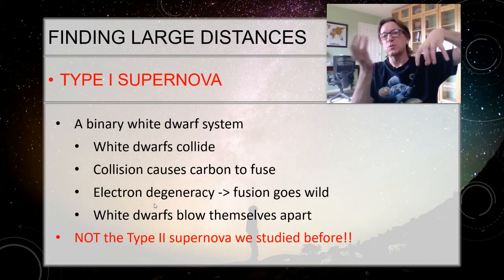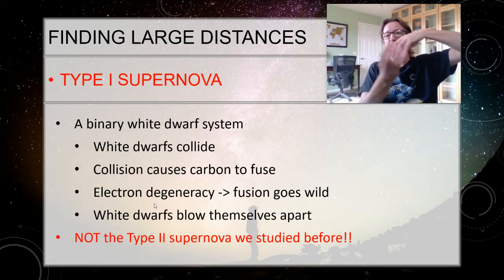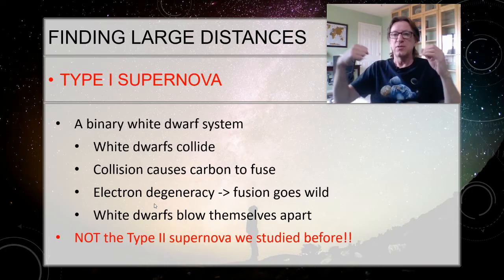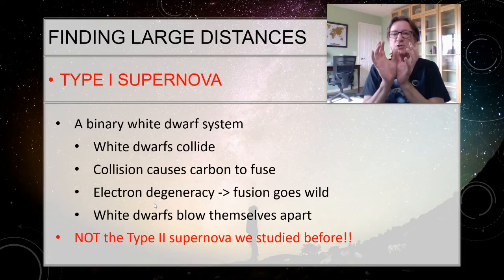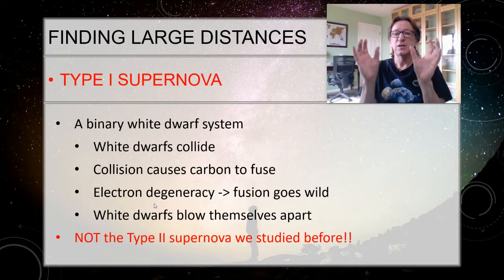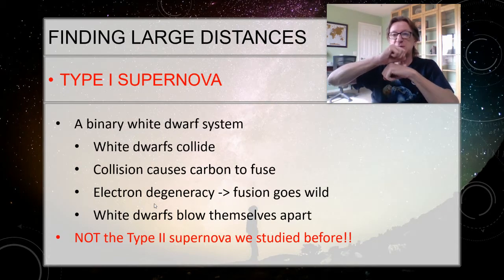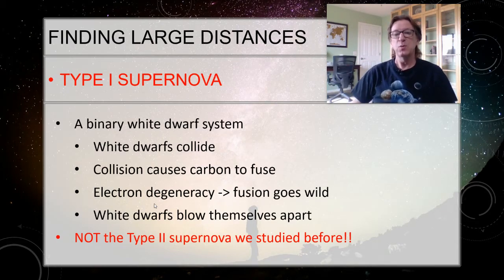So I've got these two white dwarfs, these two husks of dead stars. If they spiral in and collide with each other, the pressure on the surface of the white dwarf, it's not really a star anymore, can cause that carbon to fuse. Remember, the white dwarf is made out of almost entirely carbon. So when that happens, remember that the white dwarf is being supported by electron degeneracy. Those marbles are stacked. Think about the rule. When I have fusion in the presence of electron degeneracy, the temperatures go crazy. But now, instead of being protected inside the object, it's actually on the surface. This causes an uncontrolled reaction that blows the star apart and forms a supernova.